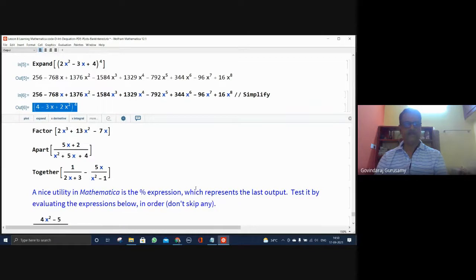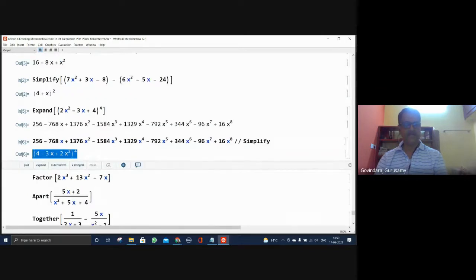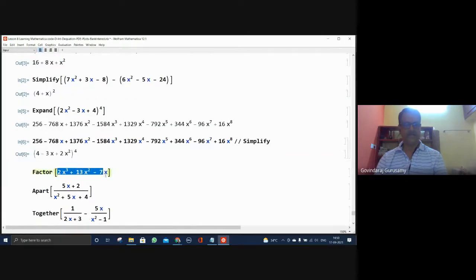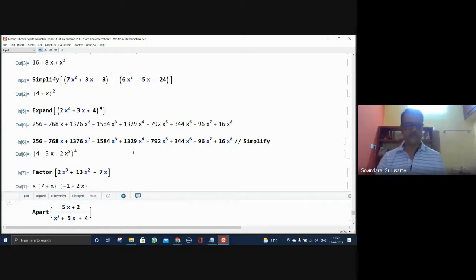Okay. You can do the factoring also. Factor this equation. Okay. Let's see what's happening to this equation. Factor it. So you can see this equation has, what is the meaning of this factor now? Suppose this becomes 0, x is equal to minus 7, and x is equal to half. Again, this goes to 0, and of course x is equal to 0 also, another possible solution.